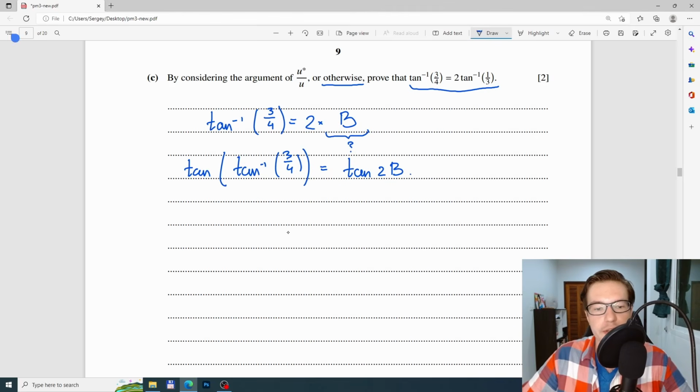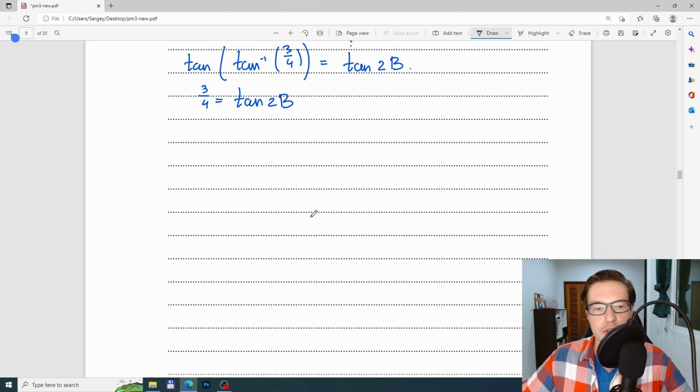Now at this point, on the left side, tangent and the inverse tangent will cancel out, and I'll get 3 over 4 equals tangent 2b. Now remember, my goal is to determine what b is. Okay, here I'm going to use the formula for the double angle for the tangent. So 3 over 4 equals 2 tangent b